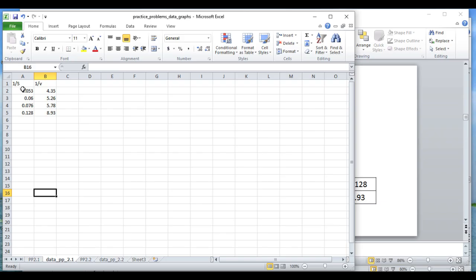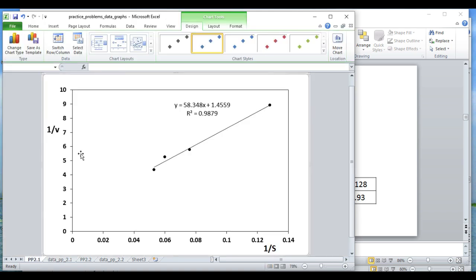If we plot a graph between 1 by s and 1 by v, these are the same values that we saw in the table earlier. If we plot this 1 by v versus 1 by s, these are the points that we get. Now this spreadsheet, MS Excel, allows us to draw a best line fit, the best line that fits these points. This is the best line fit here with the least squares value of 0.9879,